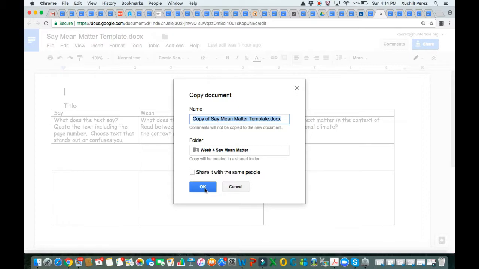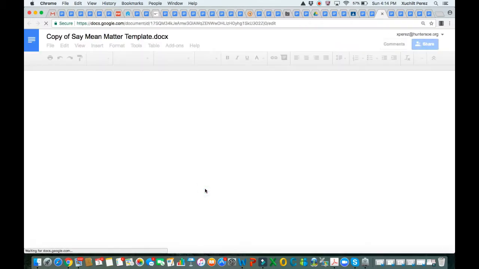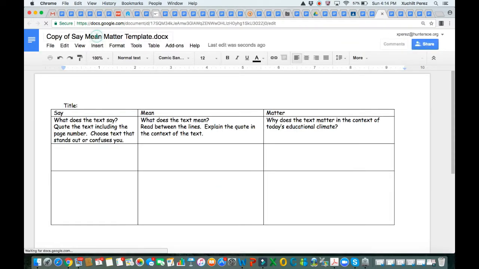So you create the copy of that document, and as you see here, this is basically the document name. And what I would do, since it makes it easier for me as a grader, is that I would put in your name. In this case, I'm putting in mine right here at the top. So now this is your document. You can go ahead and type into this document,